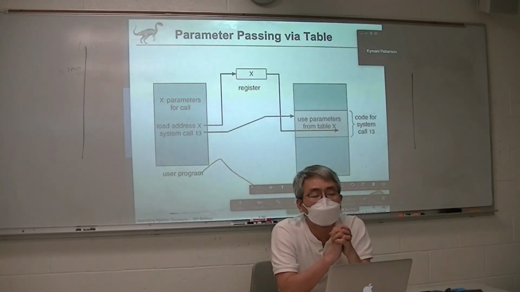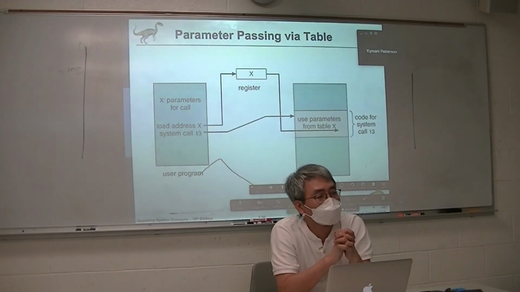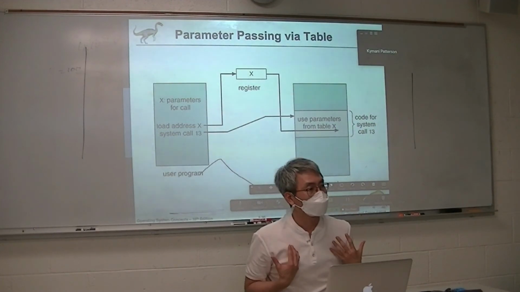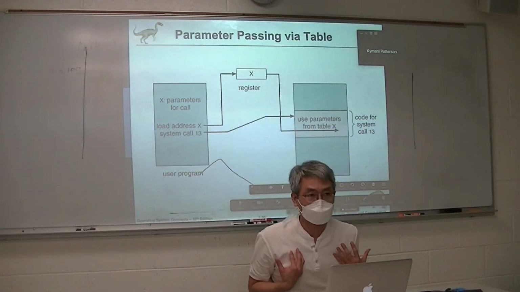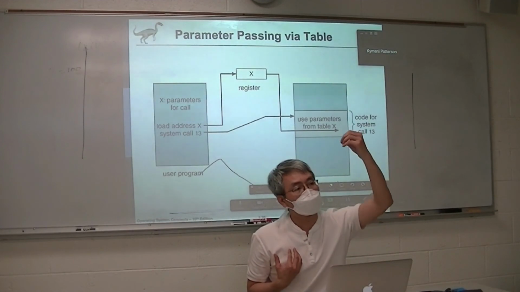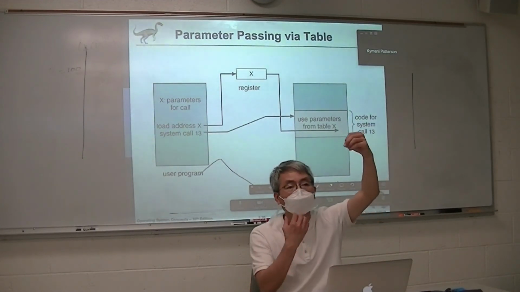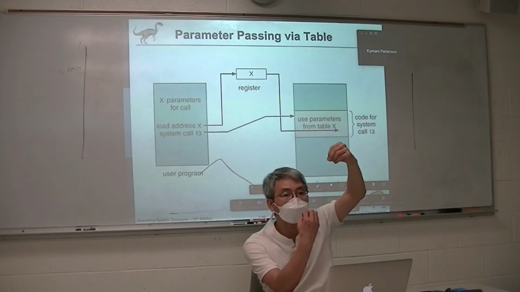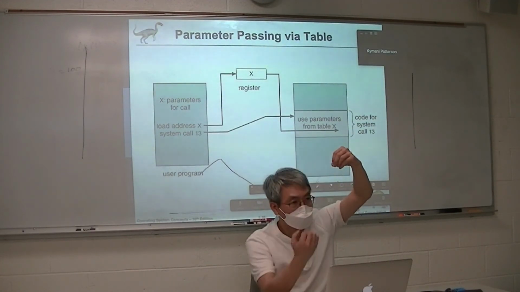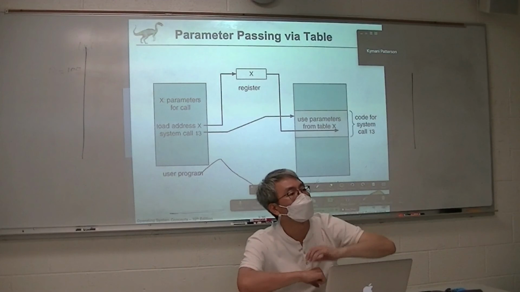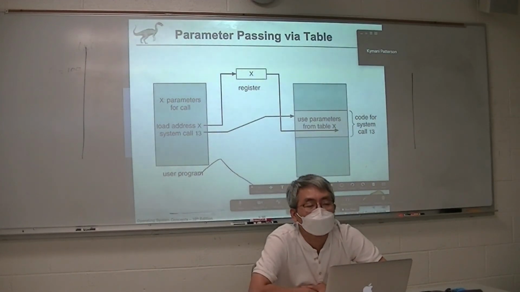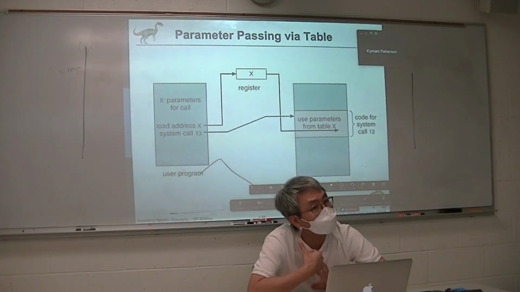So can you guess, if you are asked to develop the architecture, how can you pass the data? You have the system library already, right? Then how do your application program and your kernel operating system communicate? In other words, how do you send hello world to the kernel? What will be the best way? It's the data, right? Where do you put the data? On the memory, in the RAM.